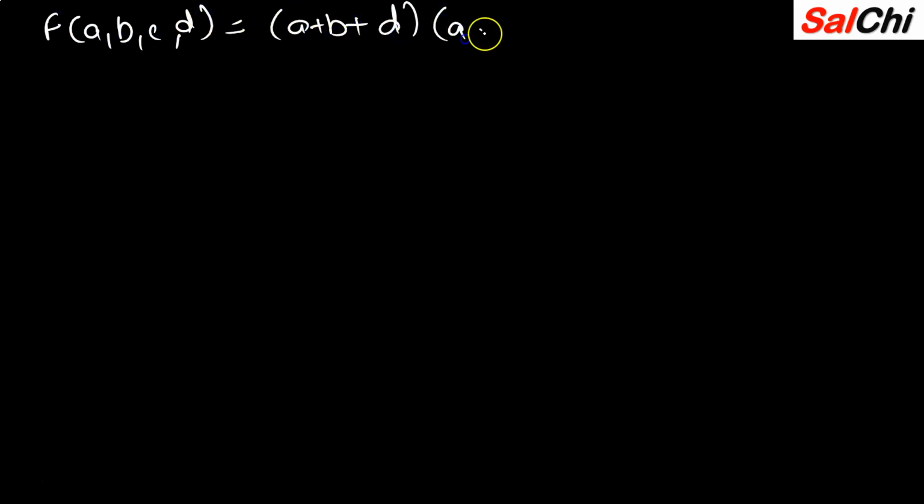Let's practice another sum for better clarification. Okay, now let's take new digits. Let's take 4 places. Okay, it's a tough one. A, B, C, D are given to me. So it is A plus B plus D, A plus C plus D, and then A plus B complement plus C complement. I have to solve this.